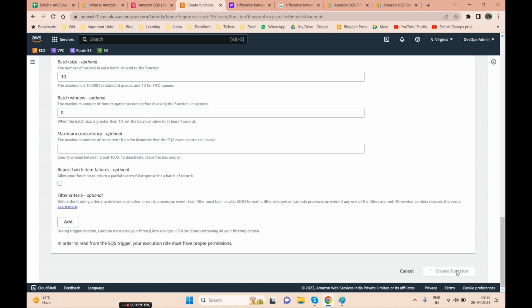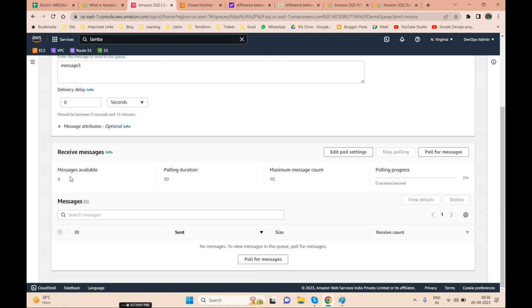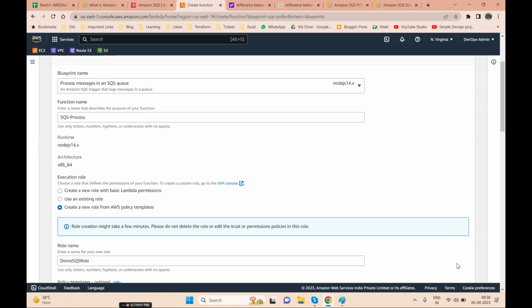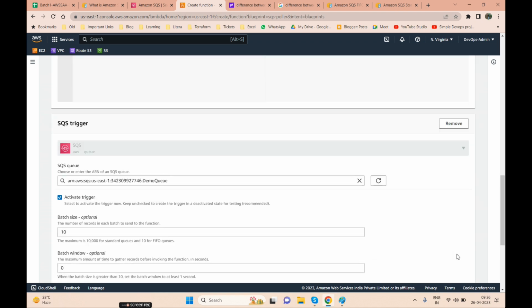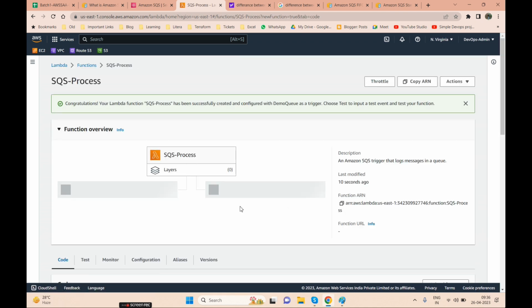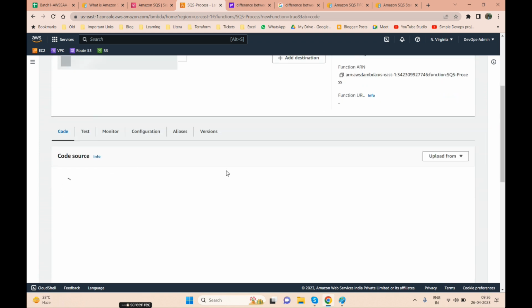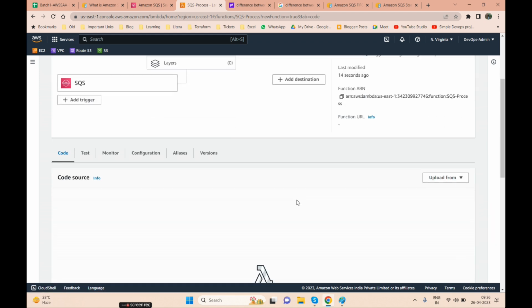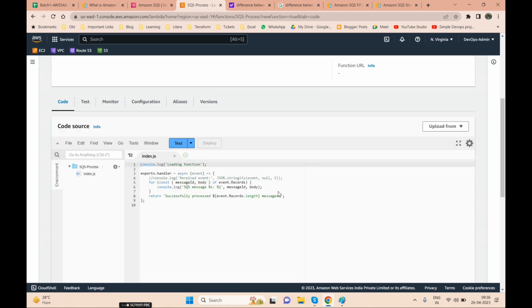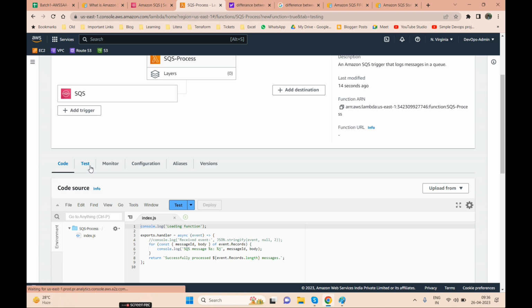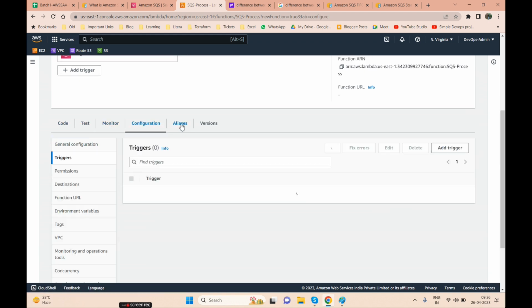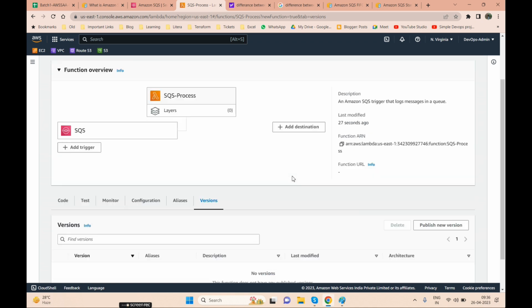As soon as you create the function, see, right now we have 4 messages available here. It is creating the function, and you will see here test, monitor, configuration, alias, version.